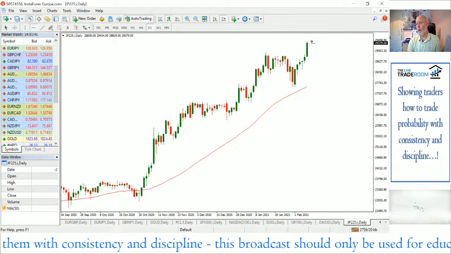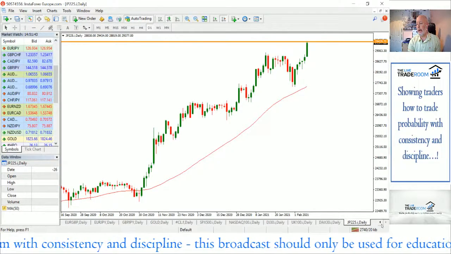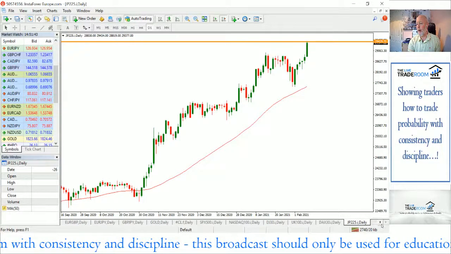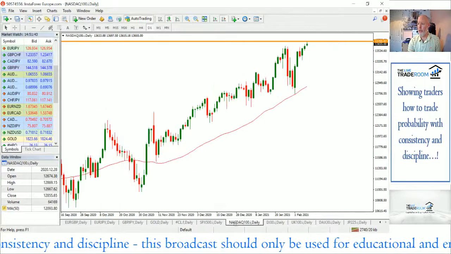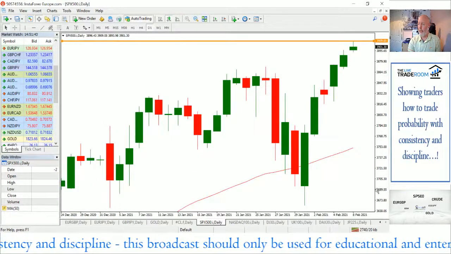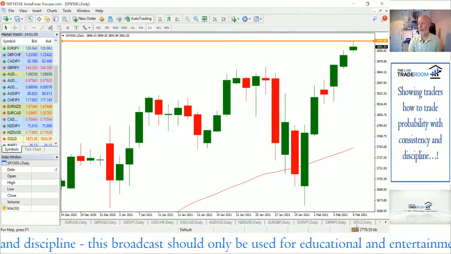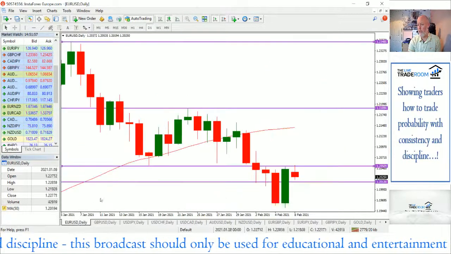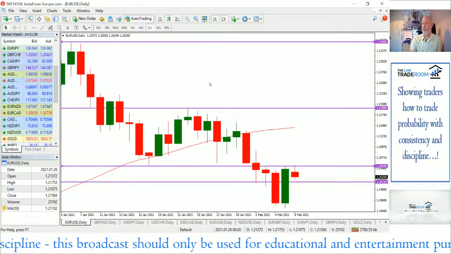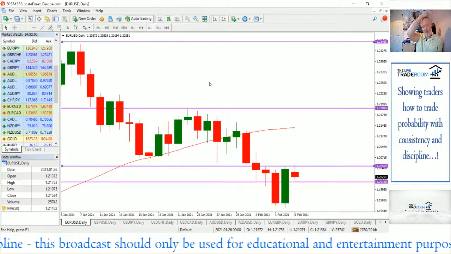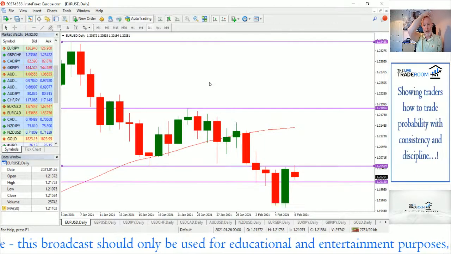So again, all-time high in the Nikkei as well. So we've got all-time highs in the Nikkei, the DAX, the Dow Jones, the Nasdaq, and the S&P. And the problem that this creates for traders and people looking at these markets is it doesn't necessarily make a huge amount of sense.